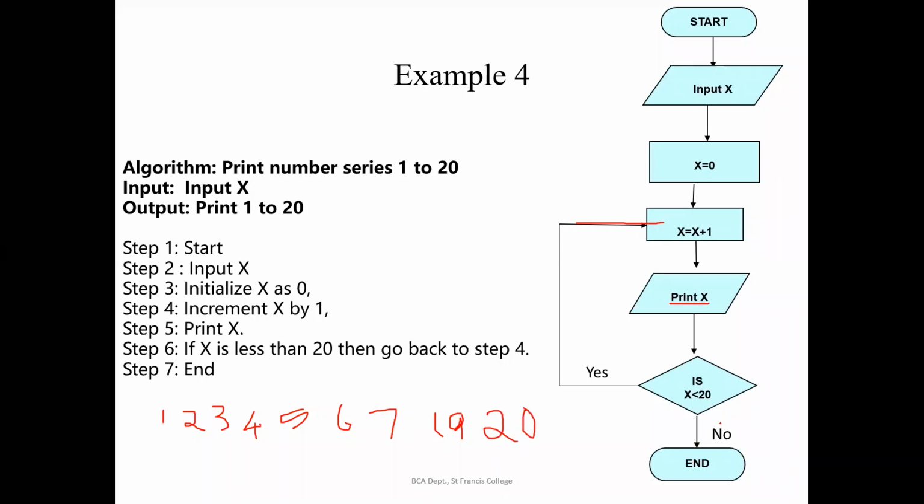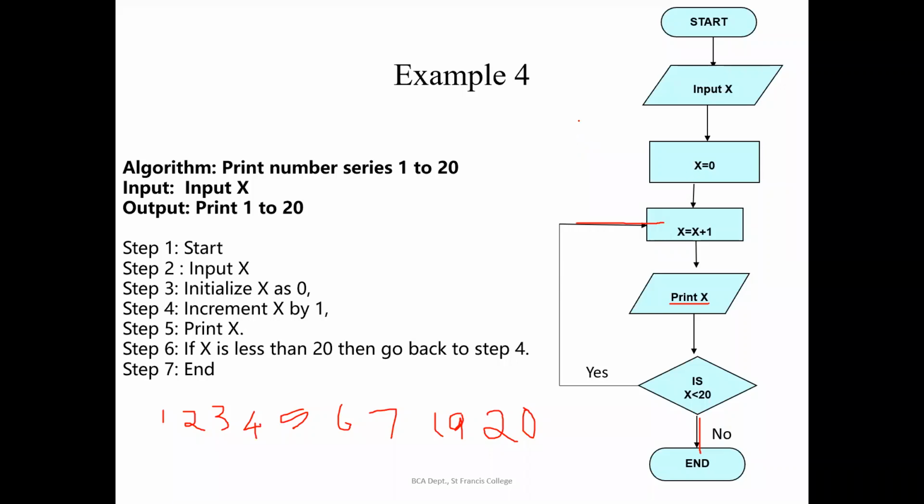Understood? So no need of keeping one more print. Here it will be incrementing and then printing. Now it will be checking whether x is less than 20. No, it is not. Then it will take the no flow line and it will be ending. Is it clear? So when you write the flow chart, or even if you write the algorithm, you should again check, because the flow line is connecting back to the process box. Are you getting? Okay, so it will be printing 20.